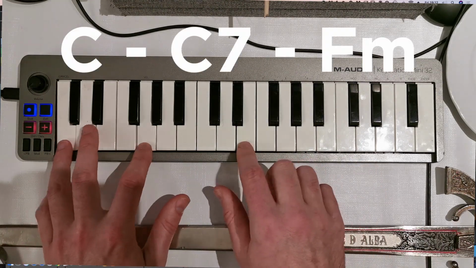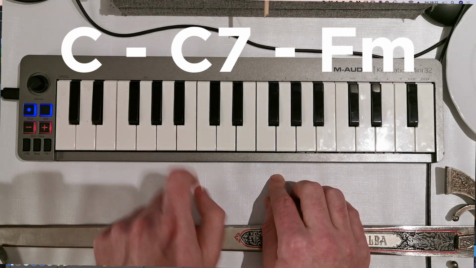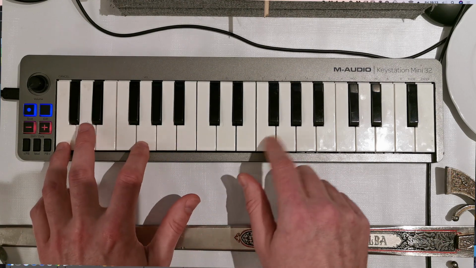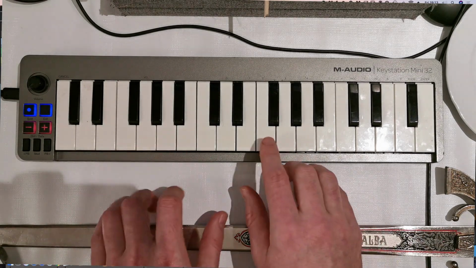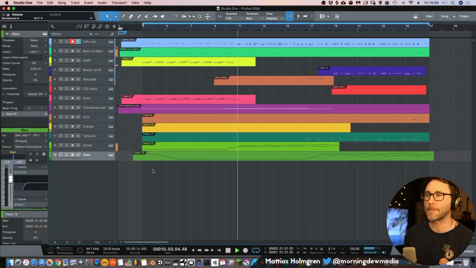Or we could play the seventh here in the chord, so that we emphasize that this is the seventh chord, and then resolve back to the F. Then after that we have, this is our question in the melody, because then we have an oboe taking over the melody on this second part, and this other melody is like an answer to the first cornet melody. So let's listen to both of them here.